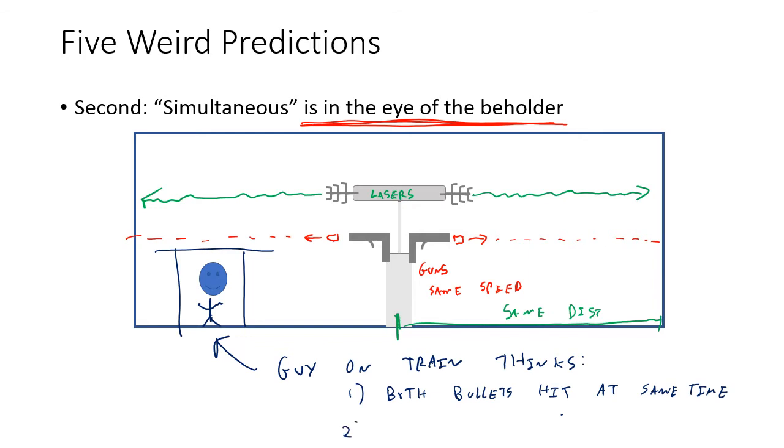Now, this guy also thinks both lasers hit at the same time, for the exact same reason, right? The lasers certainly have the same speed, that speed being 3 times 10 to the 8th meters per second, and they're traveling the same distance, so of course they get there at the same time. So far, so good. But